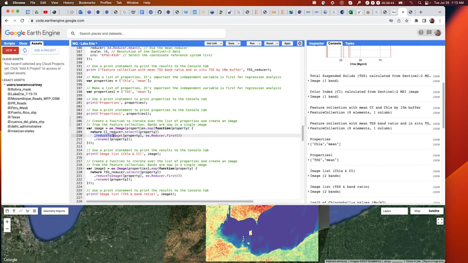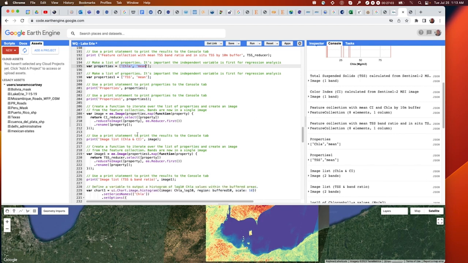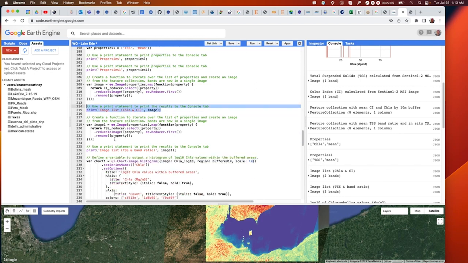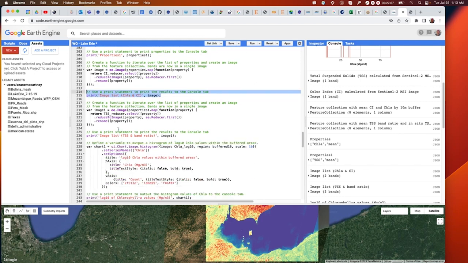And then we're going to reduce the image, because again, we're going from a feature collection to an image. And again, we're going to use the property function. And we're going to reduce by the first, and then we're going to rename by property. And again, that property being the names of the properties up here, so both chlorophyll A and mean. And after we use a print statement, just to ensure that the code is working as we would hope it to be,